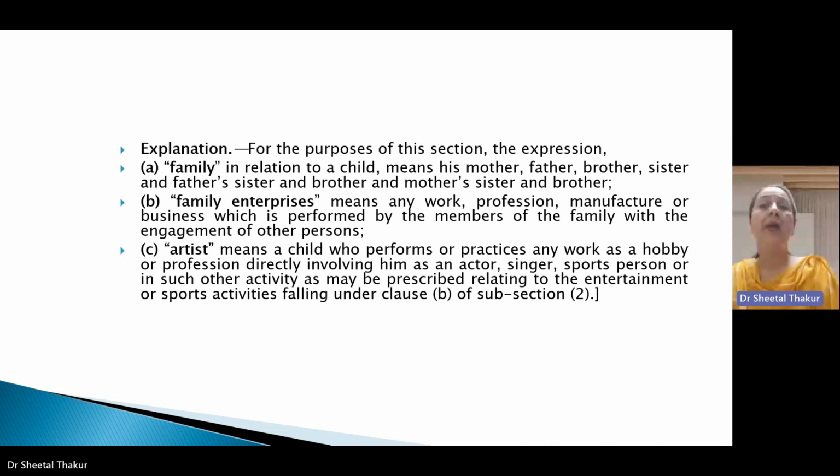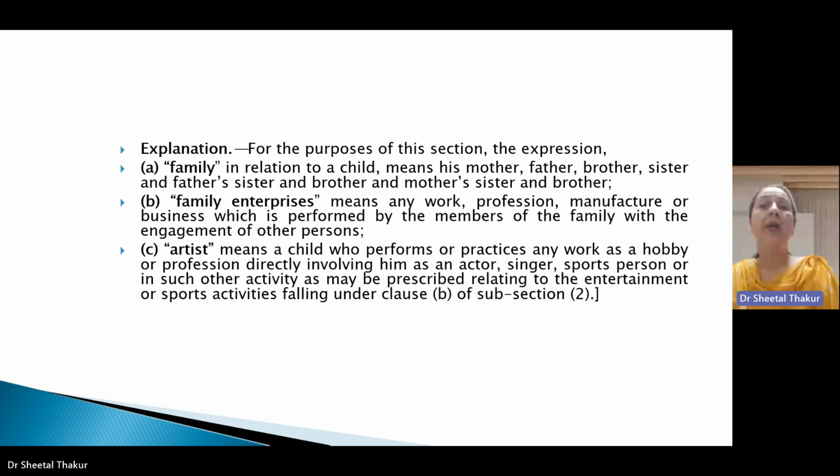Section 7 will come into picture. Section 7 basically talks about hours and period of work. It says that no adolescent shall be allowed to work for more than 6 hours in a day. So 6 hours is the maximum time period for which we can employ an adolescent in the premises of the employer. They have also specified that this 6 hours of work shall include the time spent waiting for work on that particular day. And no period of work on each day shall exceed 3 hours at a stretch.